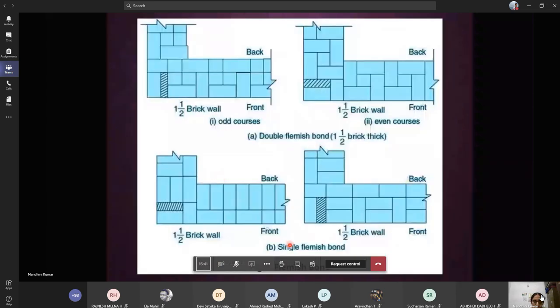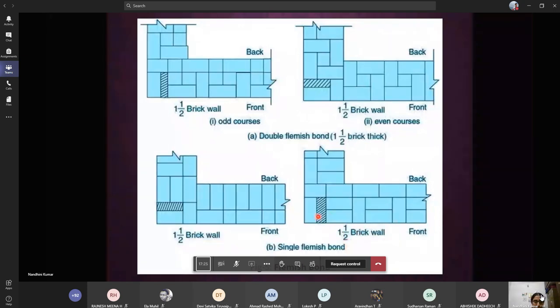And this is the plan view for single Flemish bond and this is for double Flemish bond. Here you have the front and back you have your English bonds. Consider this L shape. Here you have your alternate stretcher and headers, followed by your header bonds. On the other side it will be followed by your stretcher bonds. Make sure that this thickness and this thickness is nothing but 1.5 brick thickness. You have 1 brick here followed by half brick here. This means 1.5 brick thickness wall. And here you have the same 1.5 thick wall.